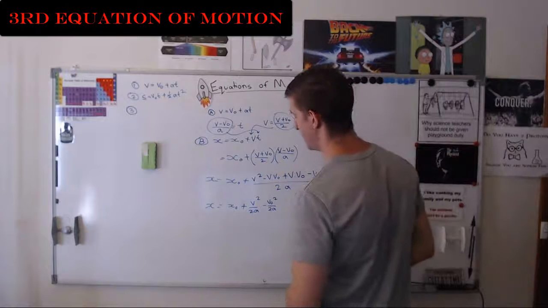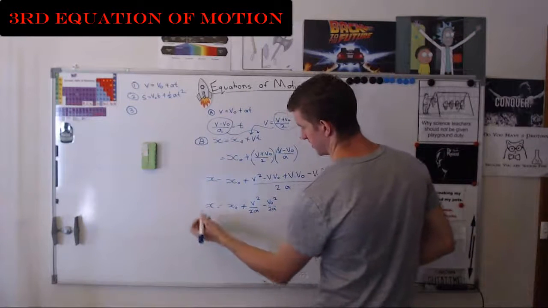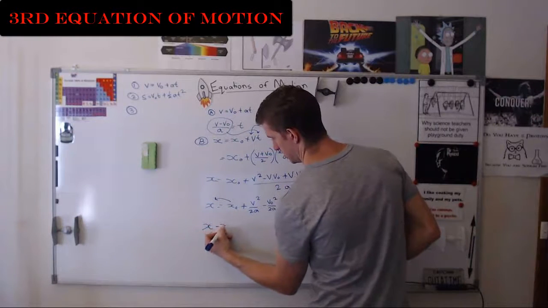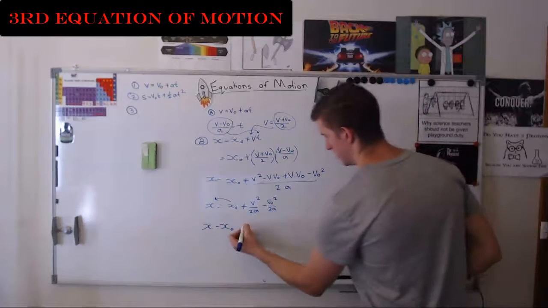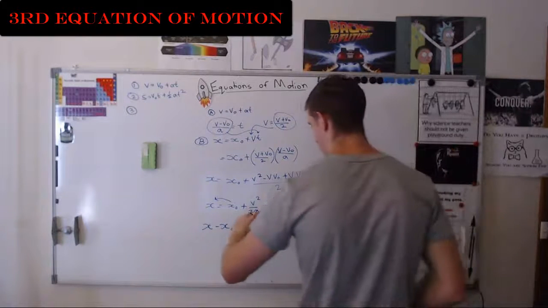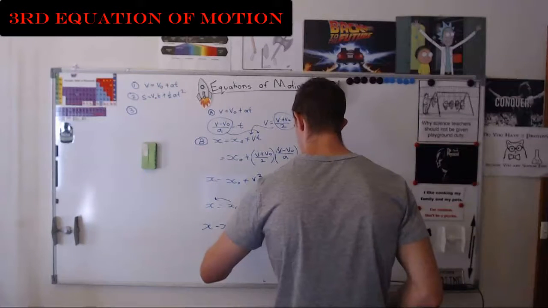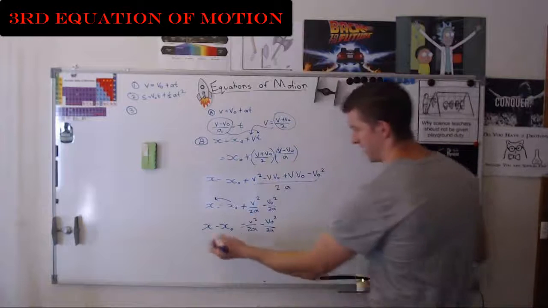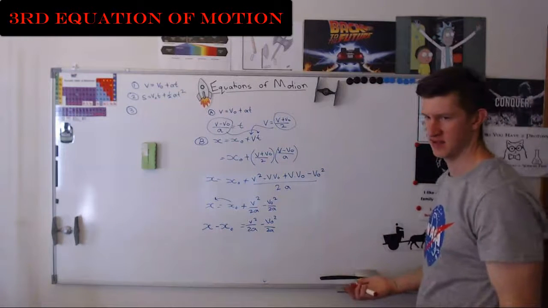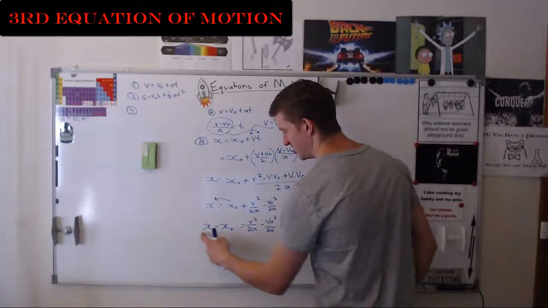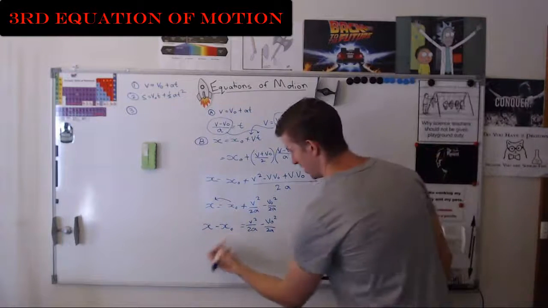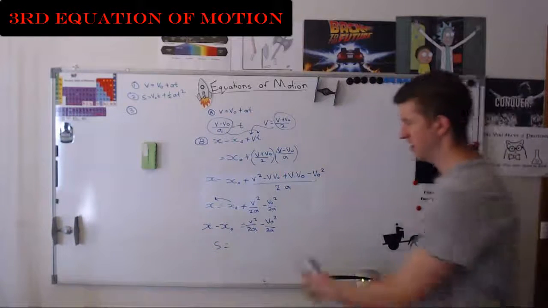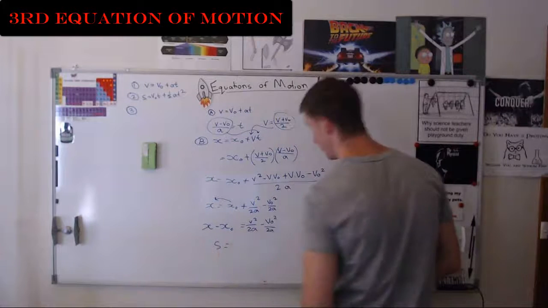Now the last thing I want to do is, if I move this across, I'll get X minus X naught. So X minus X naught equals everything on the right hand side. Well, I'll leave that as V squared over 2A minus V naught squared over 2A. X minus X naught is the same as the distance, right? The change in position is how far you've traveled. So I can write this as S, because it's equal to how far I've traveled, and then all of this stays the same. So if I rewrite this